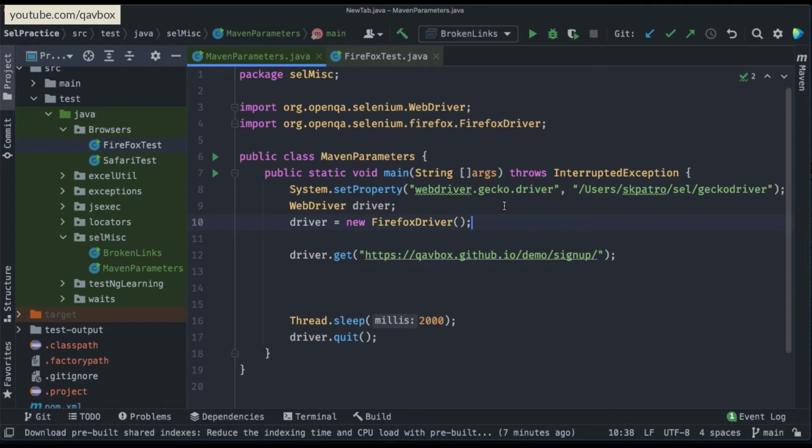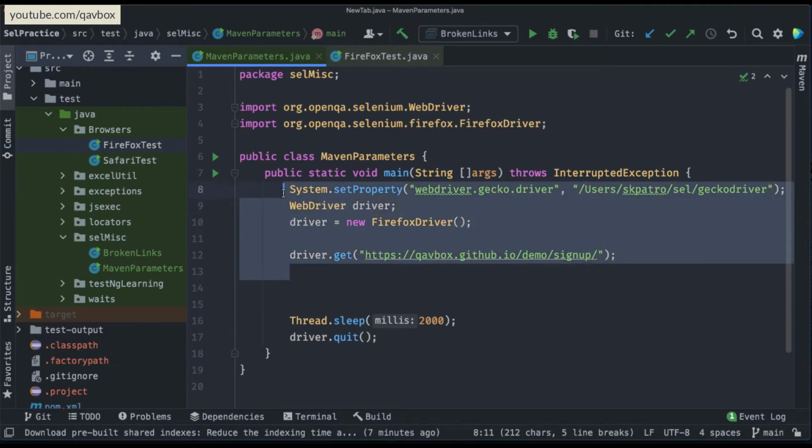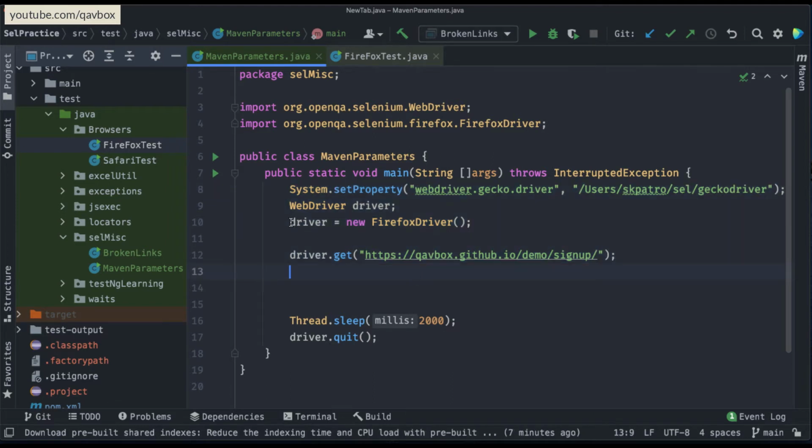Okay, so as you can see here, this particular sample code will execute strictly on the Firefox browser only, because we have kept here driver equal to new Firefox driver. Now let's say that we want to execute that in Chrome driver, or in the Chrome browser. So what we need to do, we need to write the set of code for the Chrome browser as well,